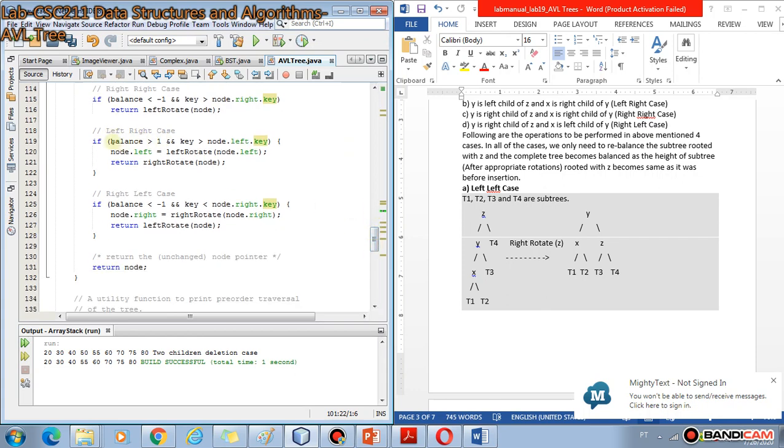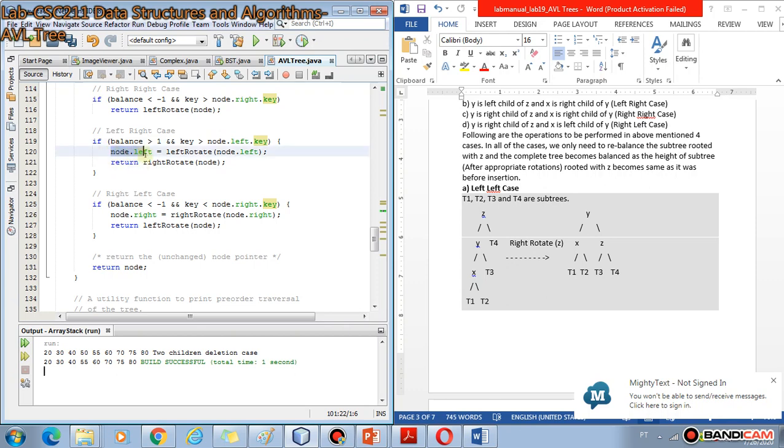In the left-right case, for example, we check that if the balance is greater than 1, it means that the new node has been inserted on the left side of the node. But if the key is greater than the key of the left child of this node, it means that the key has been inserted on the right side of the child of this node. So it's a left-right case.